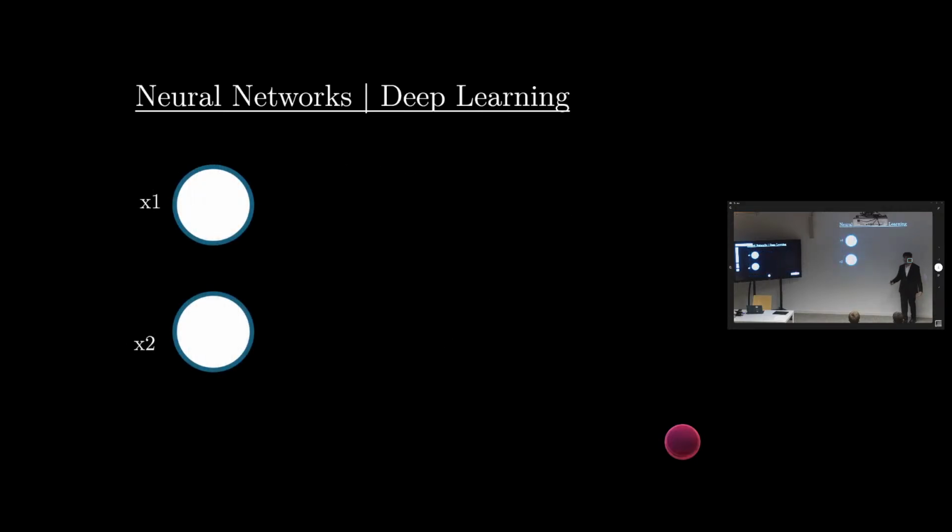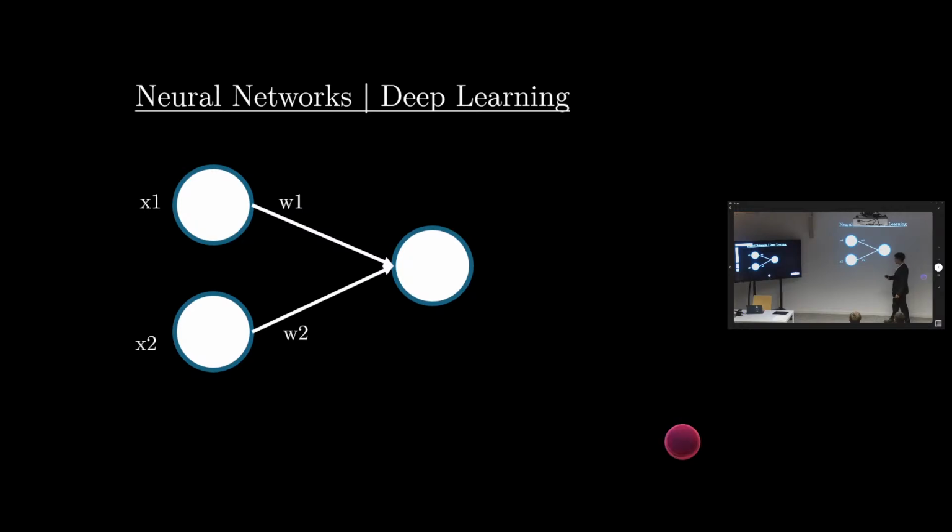So let's try to make our first neural network. We need inputs. Our inputs are going to be expressed by our units, x1 and x2. Then we need an output, which is going to be expressed by another unit. And then we're going to have edges between these units. They represent the weights that we're given. So if you remember W0, W1, and W2.